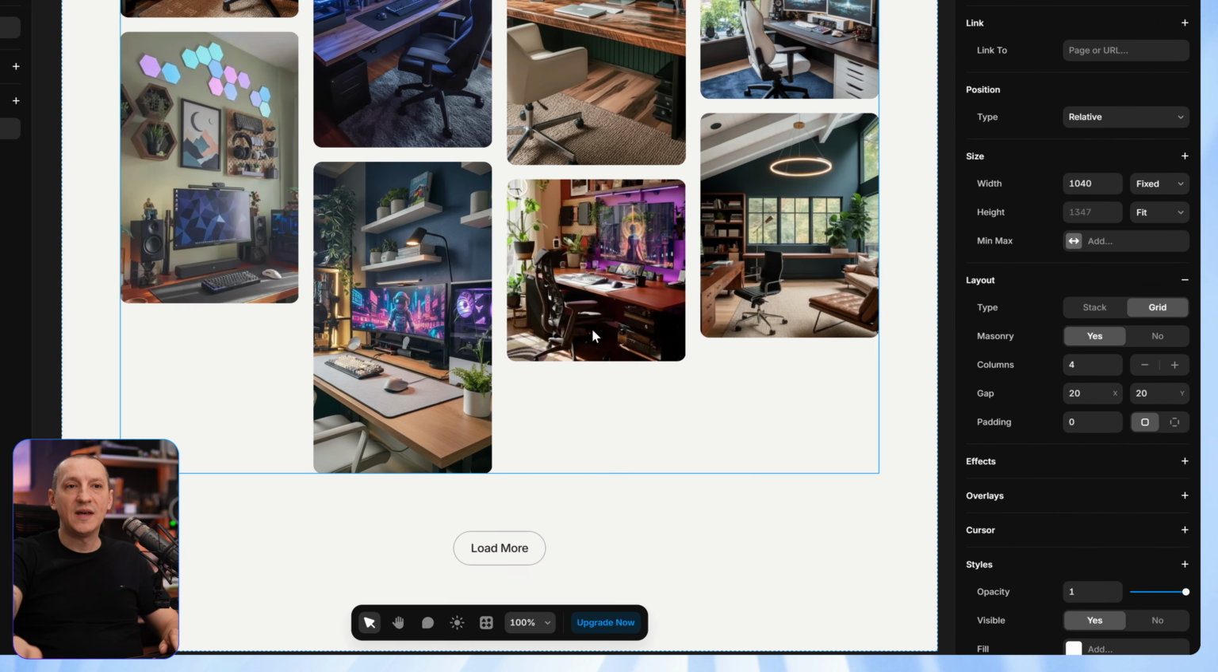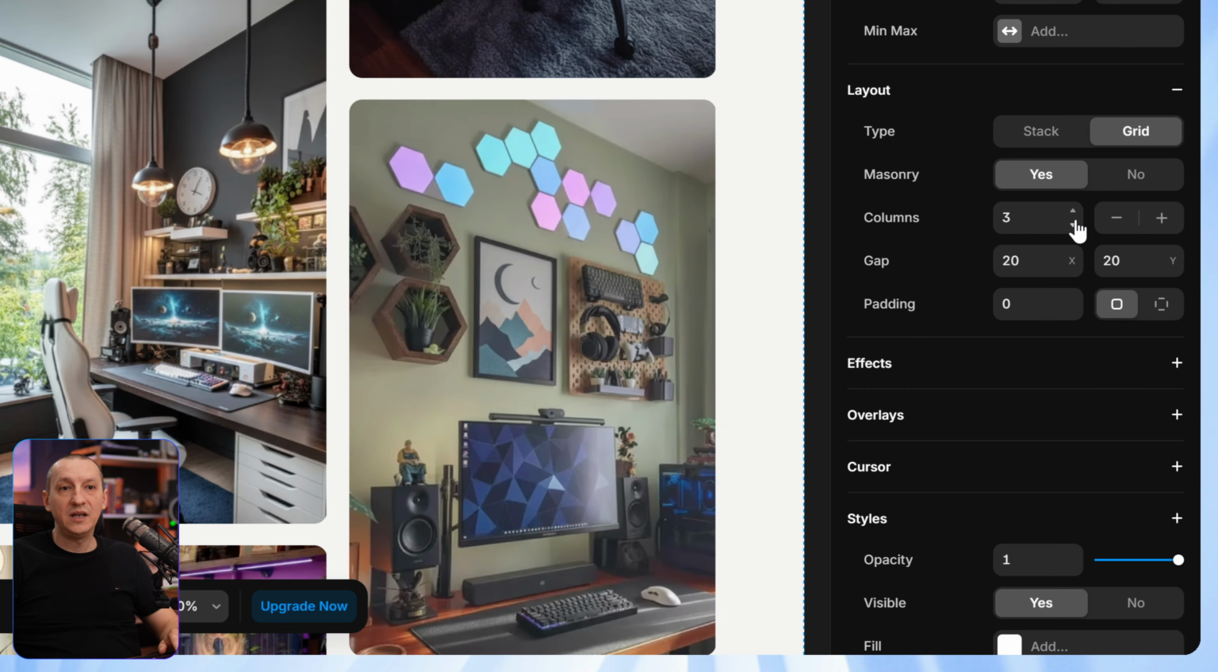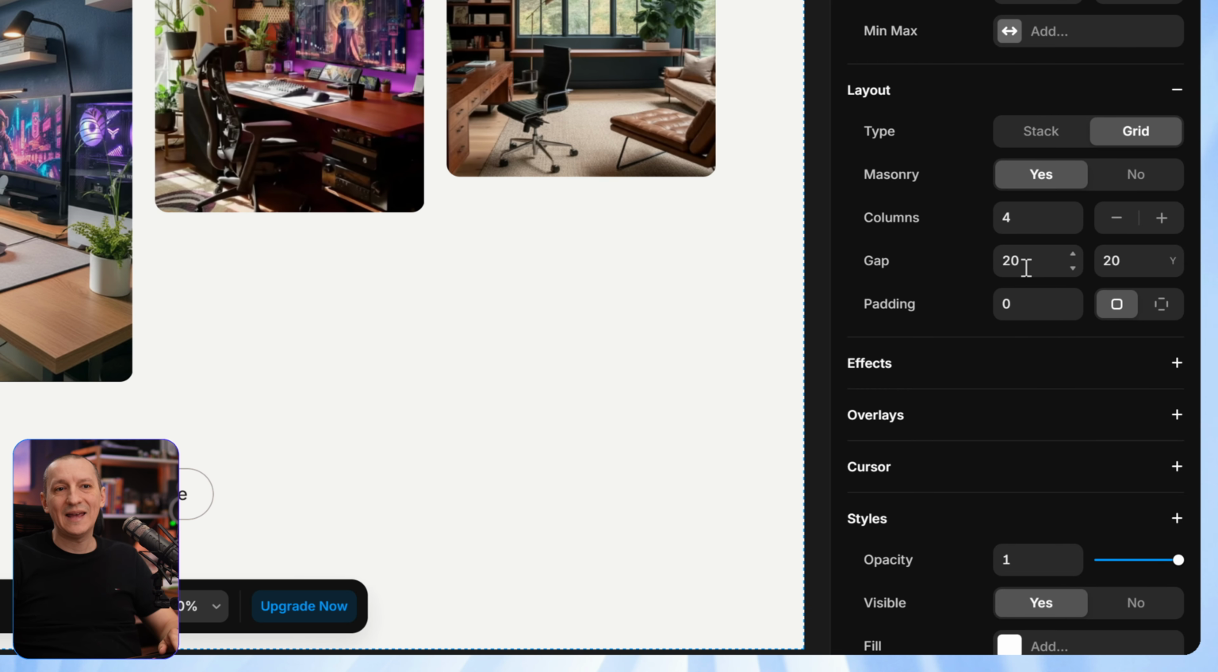Now, as soon as we do that, you'll find that we have fewer options than a typical grid. So we cannot control how many rows elements are displayed on because, well, quite honestly, there are no rows anymore. We don't have that strict grid system going on. We can simply choose how many columns we want, and we can choose the horizontal and vertical gap between those